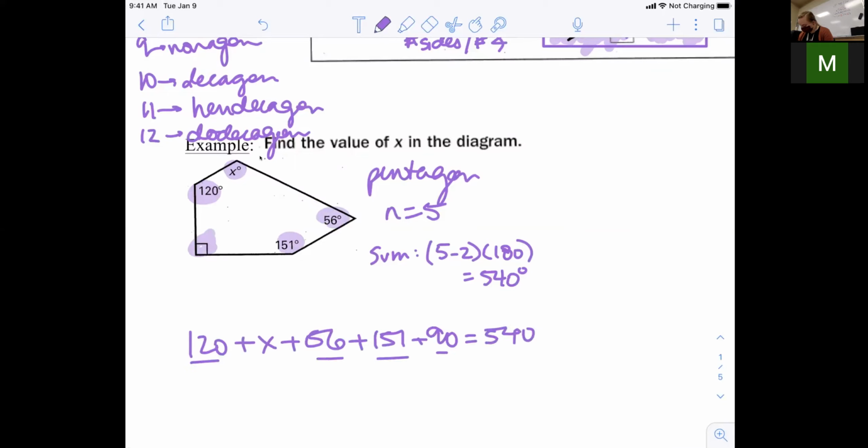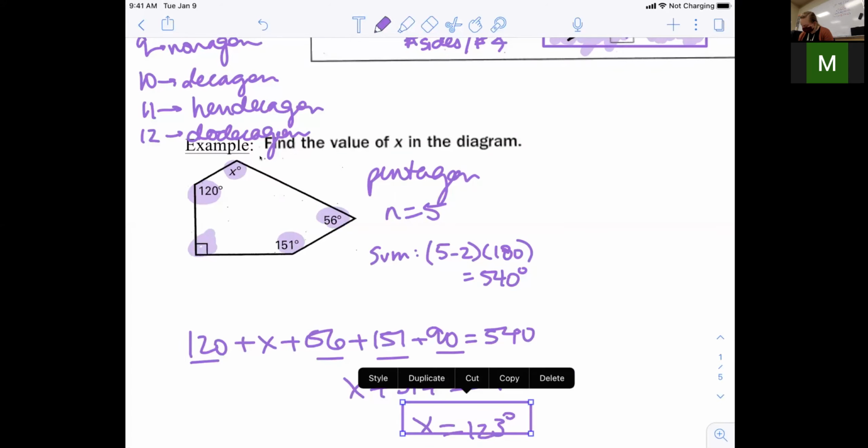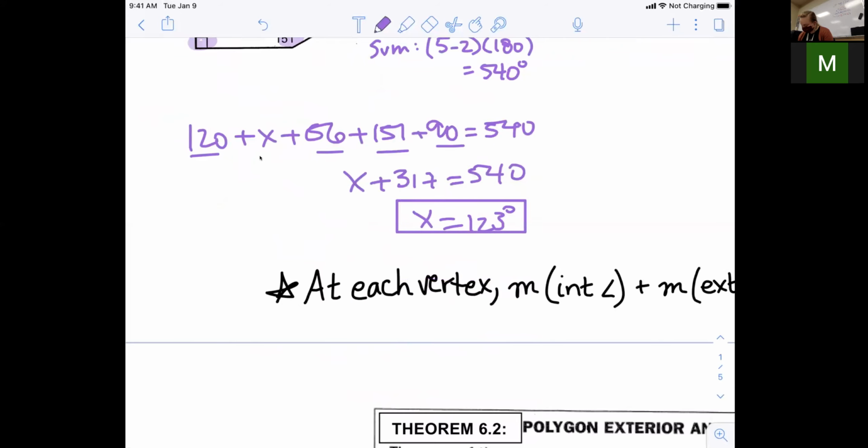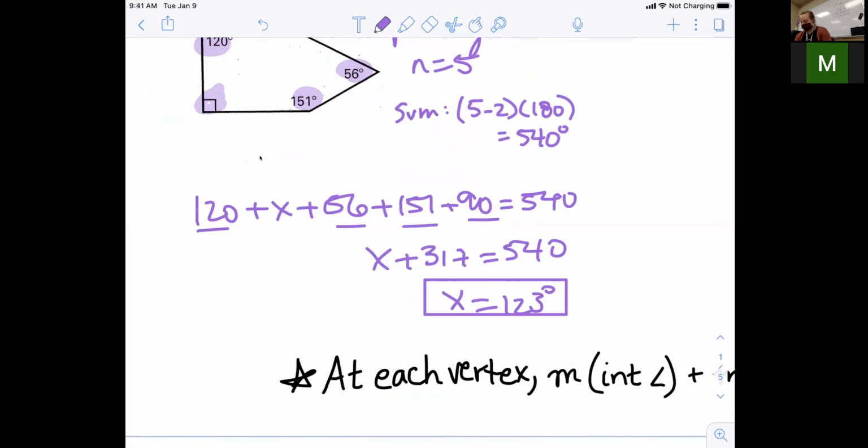So when I add all those numbers up, I believe I get 317. And then I subtract that from both sides, and I believe I get 123 degrees. Does that look okay to you guys? No, 417. This is going to be embarrassing if I did it wrong all day. Okay, 120 plus 151 would be 271. And then 56 plus 90 should be